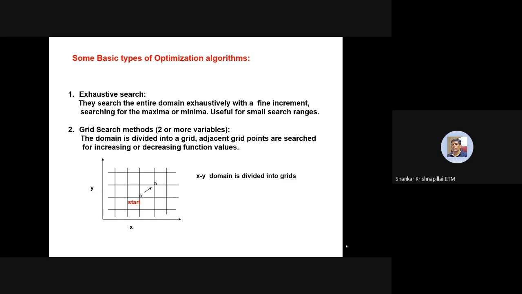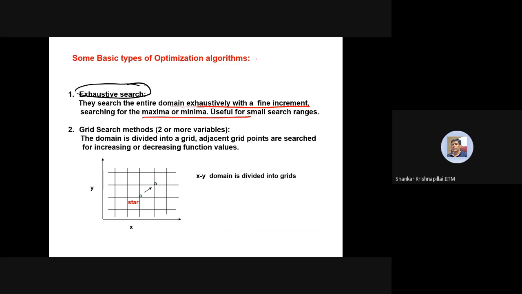Some basic types of optimization algorithms. This is just an introductory thing. Later, we'll go into detail on these various types with examples. First is called exhaustive search. The exhaustive search algorithm will search the entire domain exhaustively with a fine increment, searching for the maxima